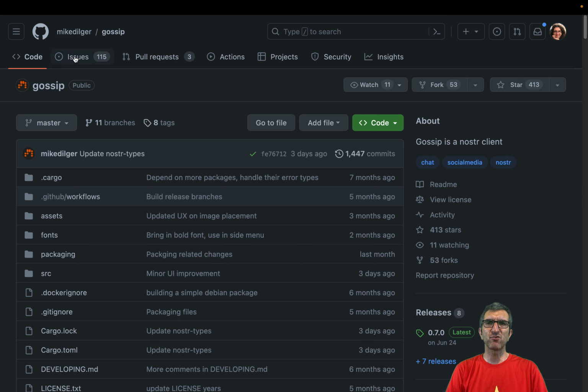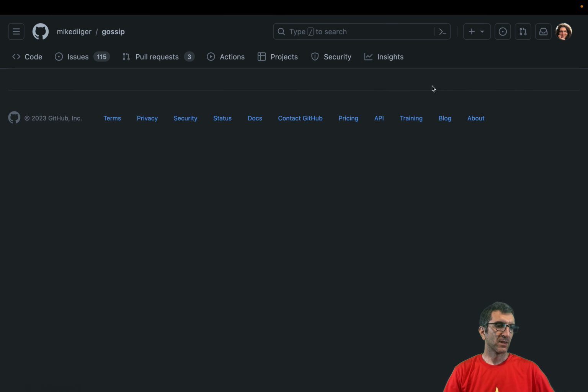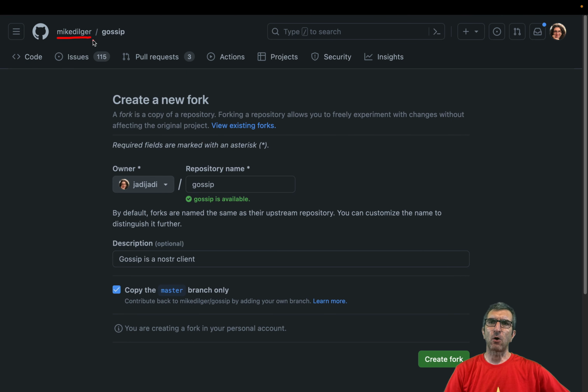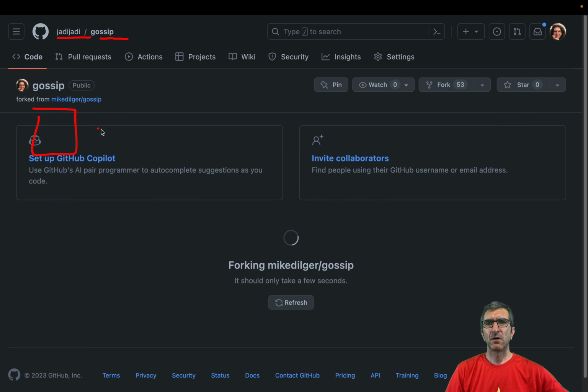You found a project which is cool. Nice, I found it. The first thing is give it a star because you like it. And I'm logged in, so I fork this project. The main project is Mike Dilger's, shout out to Mike Dilger, Gossip. I'm forking it to Jadi Gossip. So the main project is here. I created a fork.